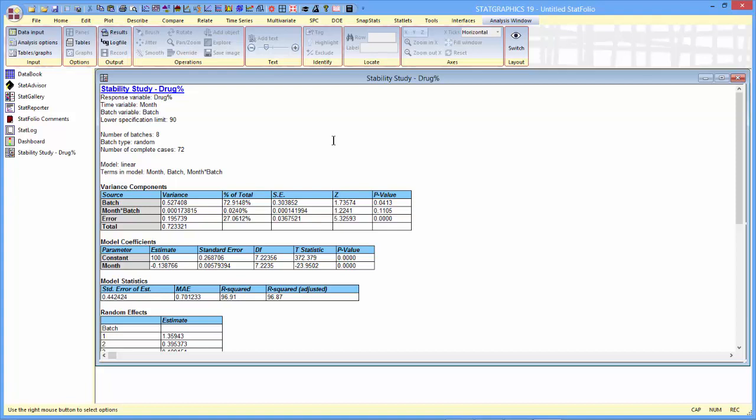Since I specified that the batch effects were random, it's done a variance components analysis for me. You can see that there are several sources of variability. There's variability due to batches, variability due to a month times batch interaction, and the normal source of variability that's just called error. Looking at the p-values, it does appear that there is a significant contribution from the batches, but not from the month times batch interaction. That p-value is well above 10%,